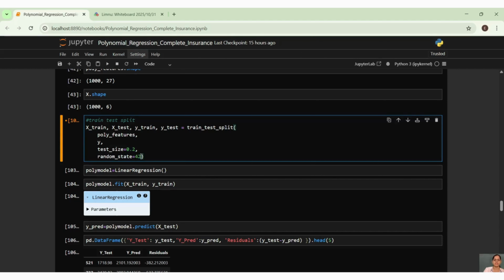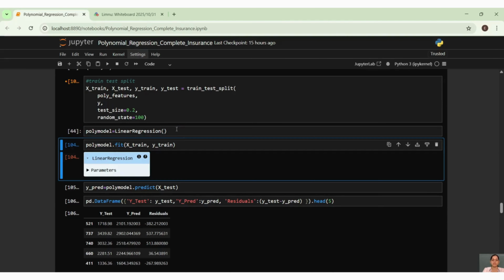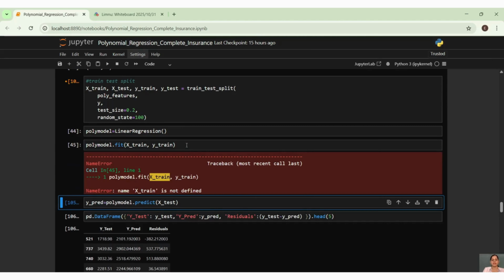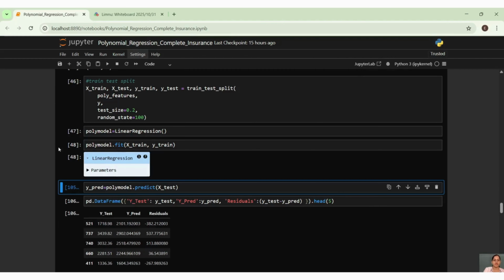Then we have random state. This random state you can change. Let me change it to 100 and see what exactly is happening. It is just a seeding factor, guys. When I'm talking about random state, it is just going to seed the data and it is not going to change. Like first time, whatever data it takes, the second time it is going to take the same amount of data as a consideration, and it is going to perform the regression. Then we can get our object of linear regression, and we will train our model. Let me run this.